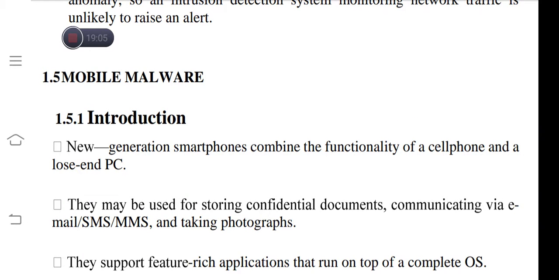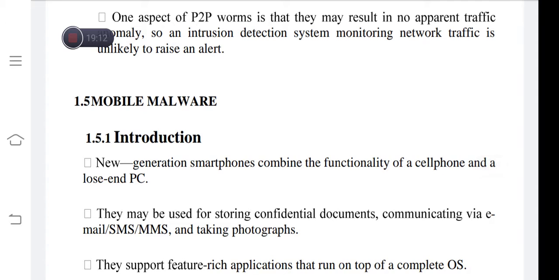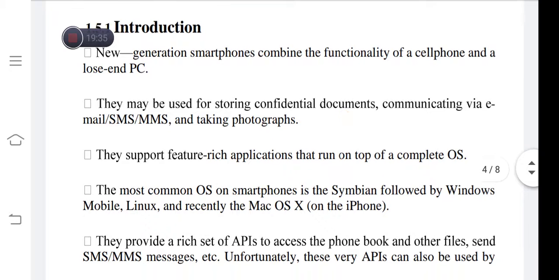The new generation smartphones combine the functionality of a cell phone and a low-end PC. They can be used for storing confidential documents, communicating via email, SMS, MMS, taking photographs, or watching online videos.